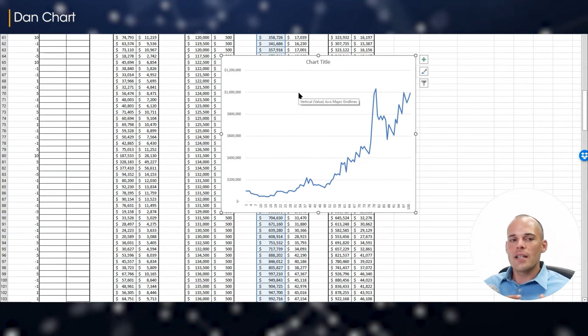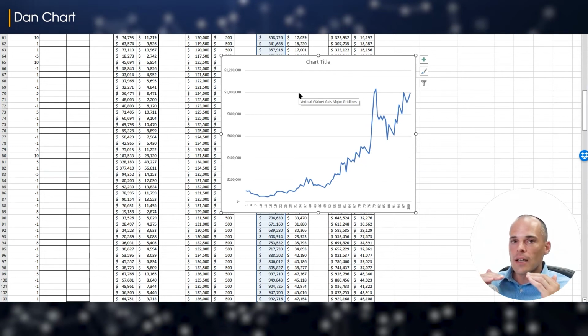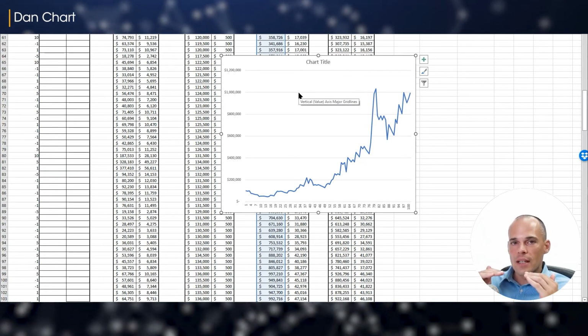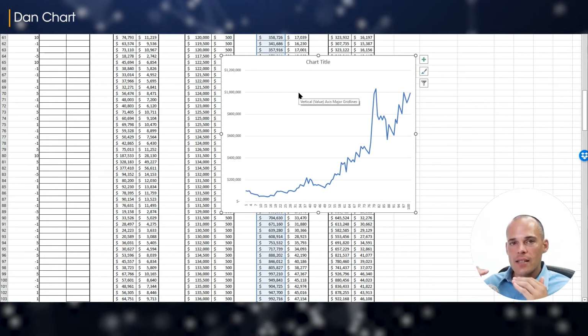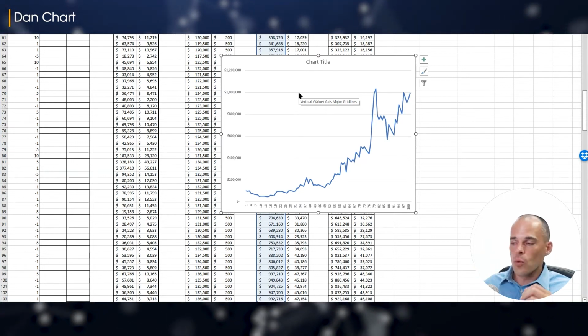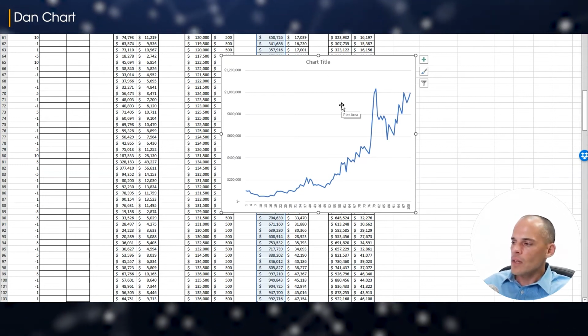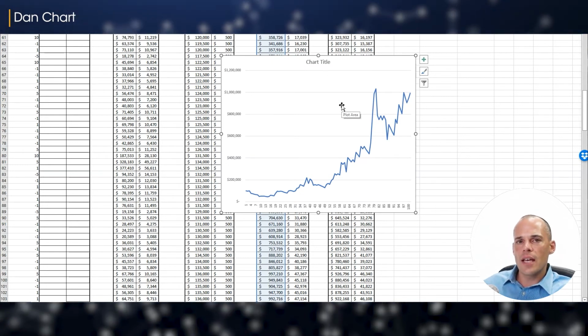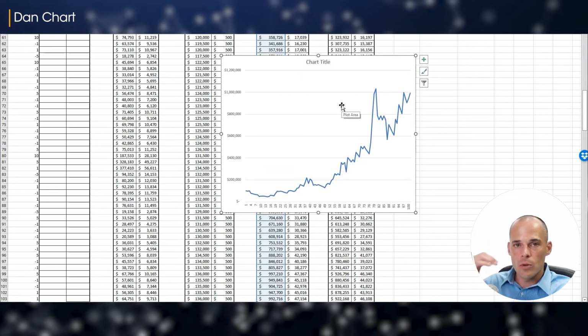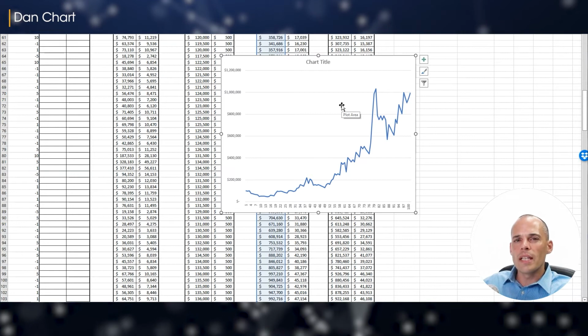Now, the Kelly criterion, I want to be clear about this, is the theoretical ideal risk level for a trading system or any kind of investing or gambling system or whatever you have in place. I don't recommend gambling, by the way. But the Kelly criterion is essentially a mathematical optimal range. The reason I don't recommend it for trading and investing is because you never really know